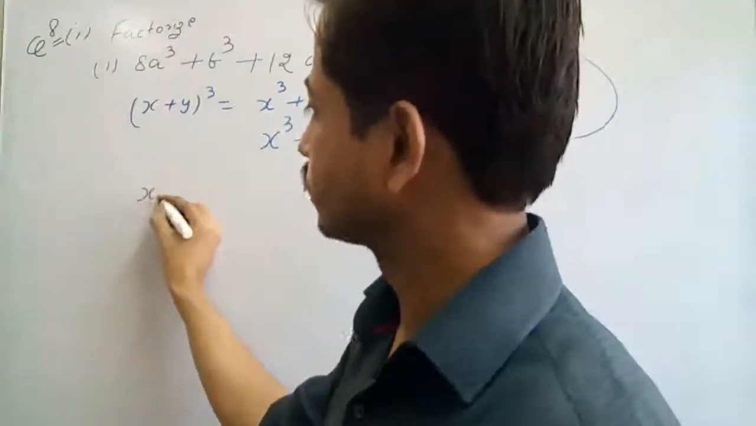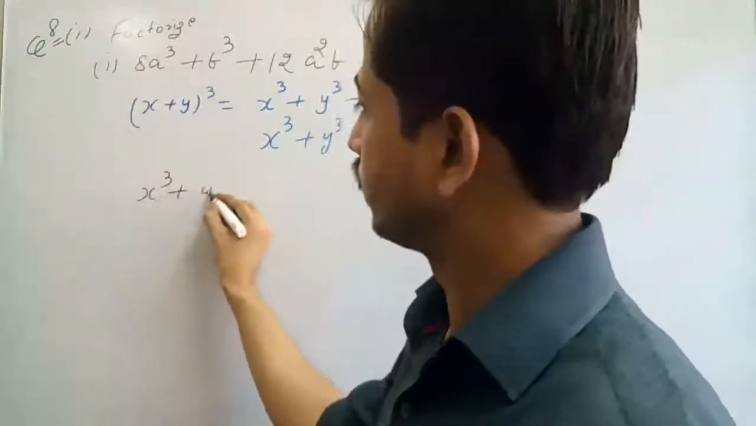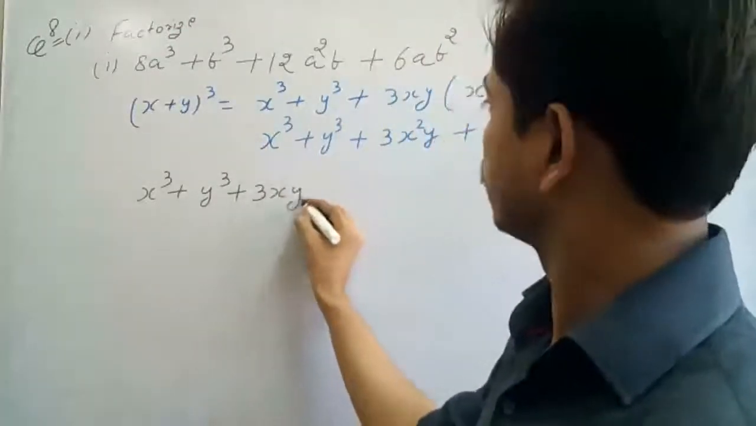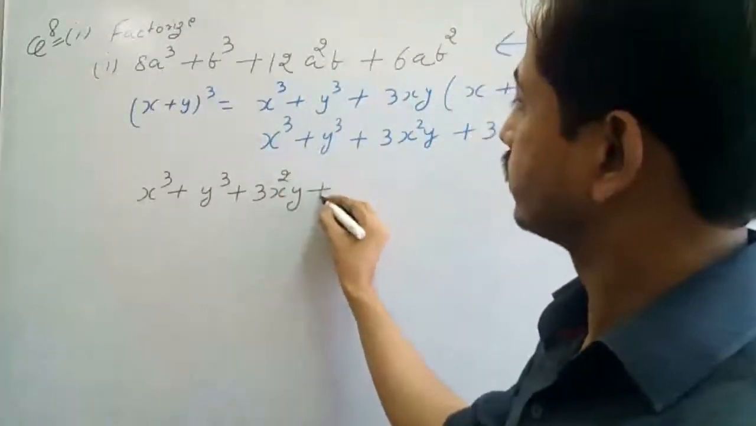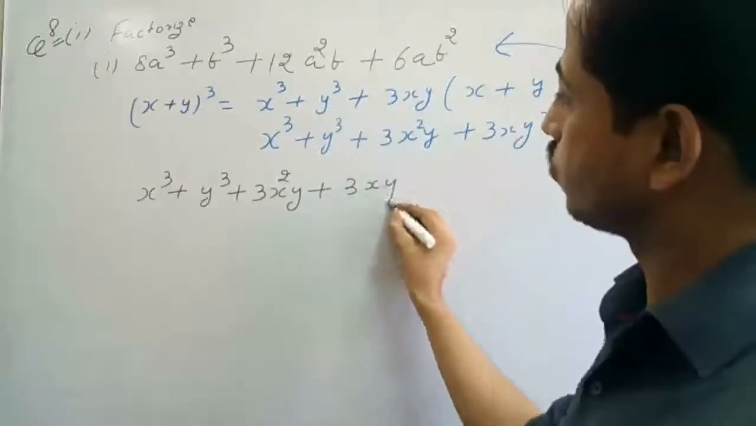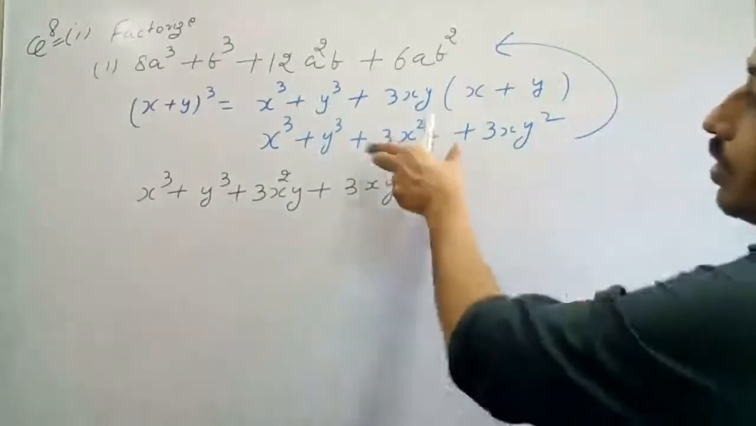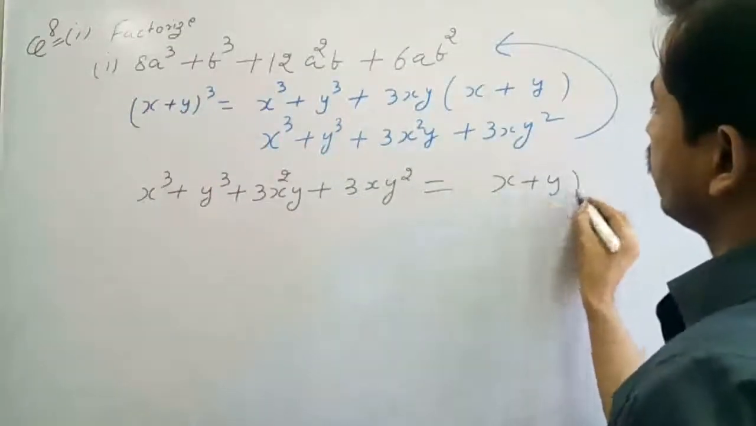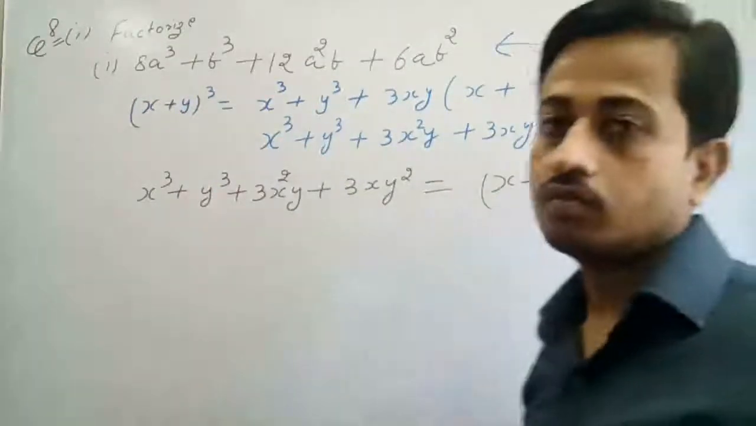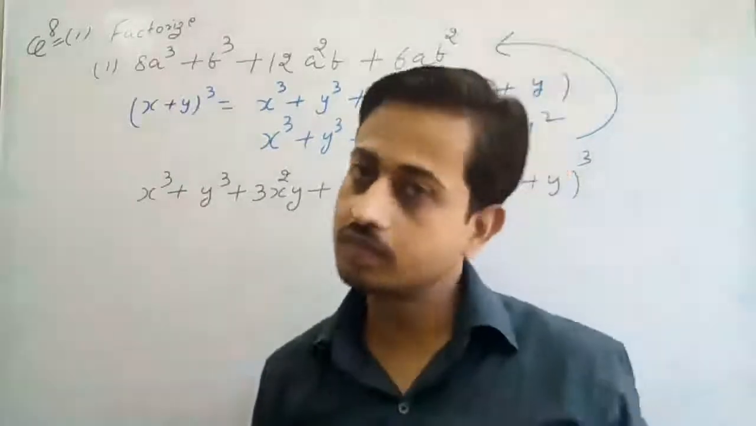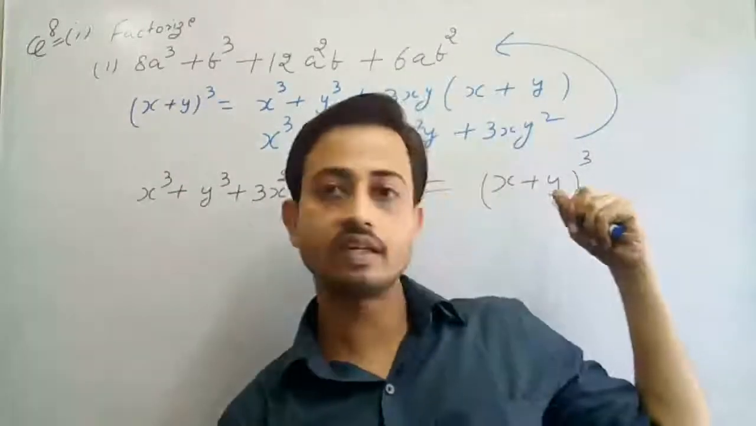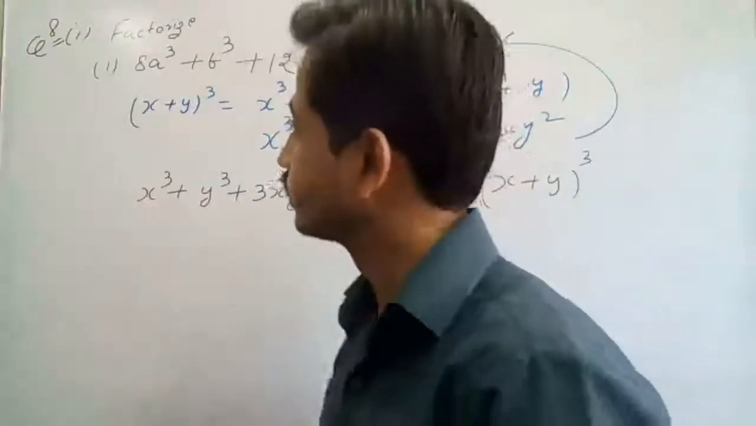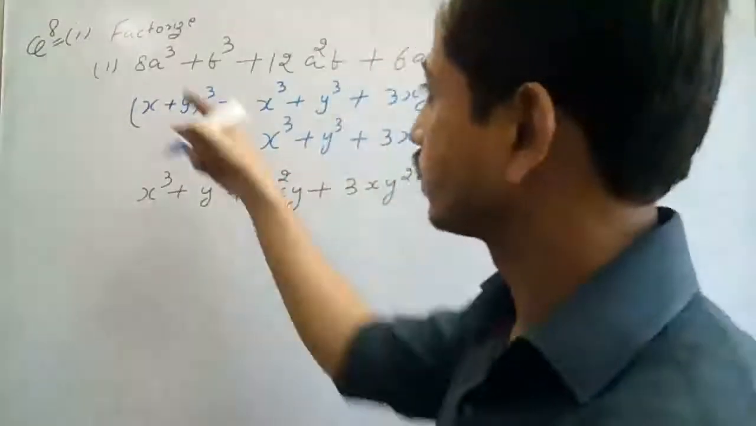So what do we have to use? x cube plus y cube plus 3 into x square y plus 3 into x y square is equal to x plus y whole cube. It means we have to find out the values of x and y. After that we will put them here and we get the solution. So what's the question? Do the comparison. The question is